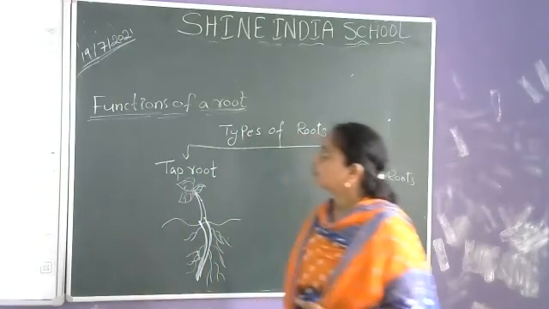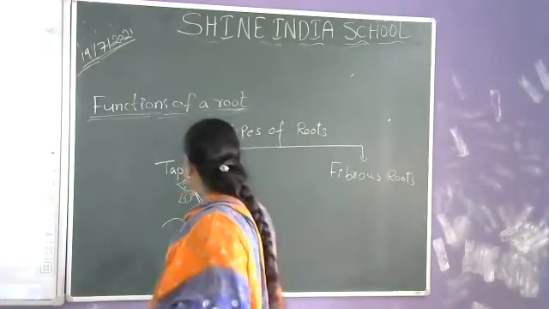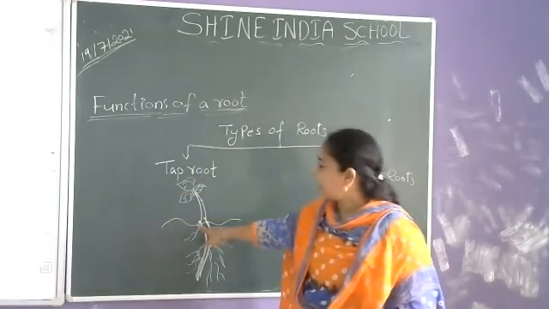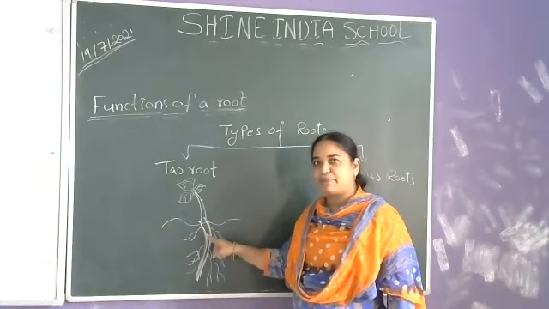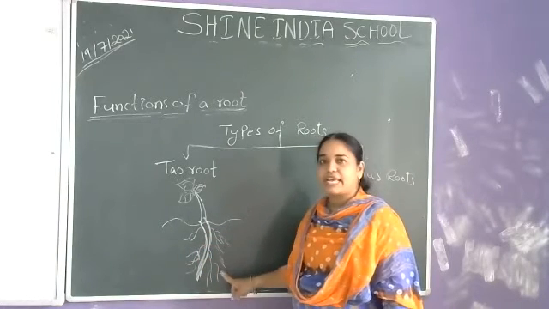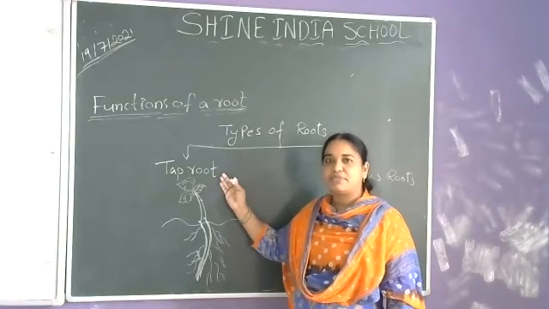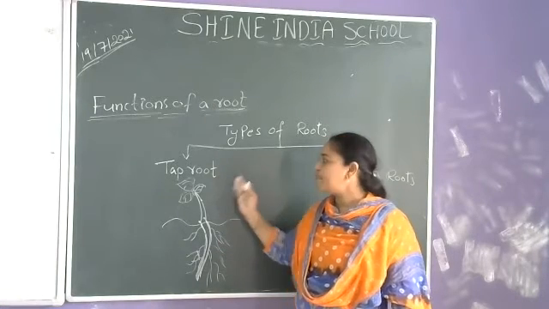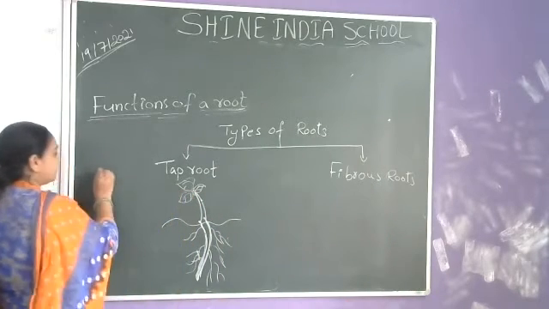If, for a plant, only the main root arises from the stem, and from that root a number of roots arise, that root system is called the taproot system. So, which plants have a taproot system? Examples of taproots are